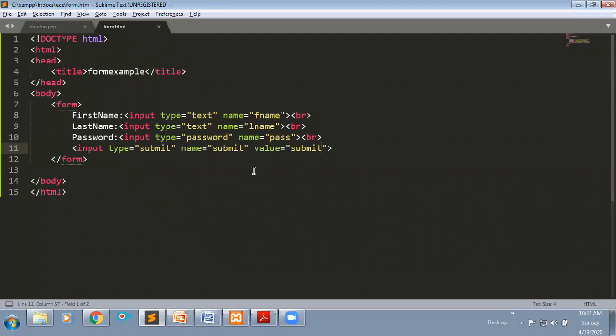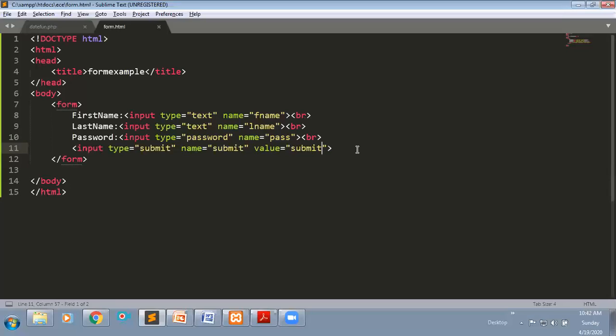We are creating this page using HTML. Within the server, we will create one server side scripting file, meaning a PHP file.